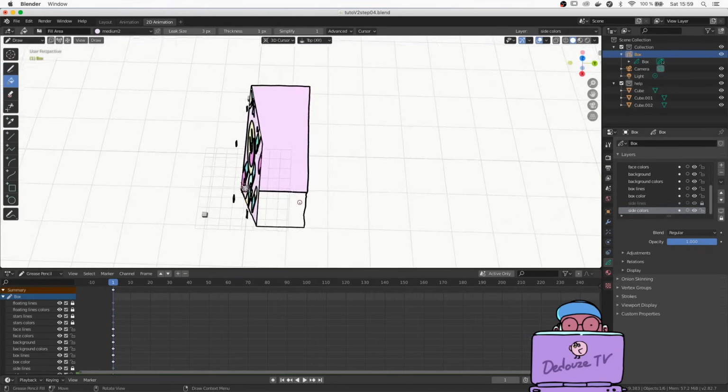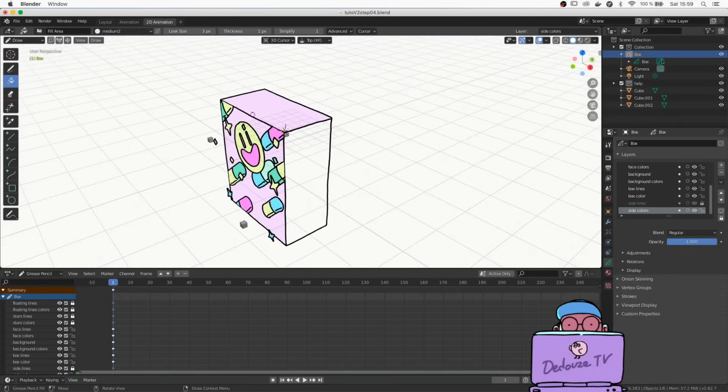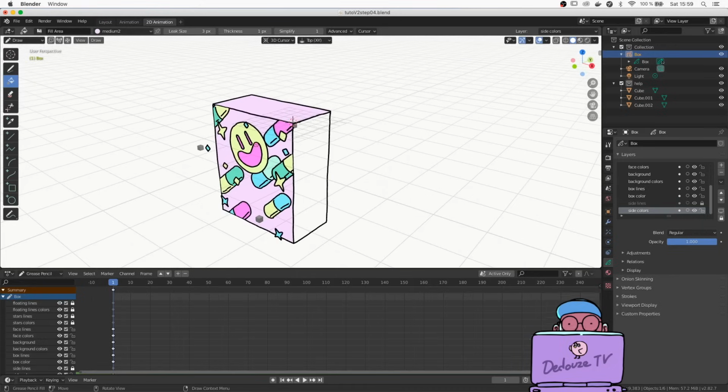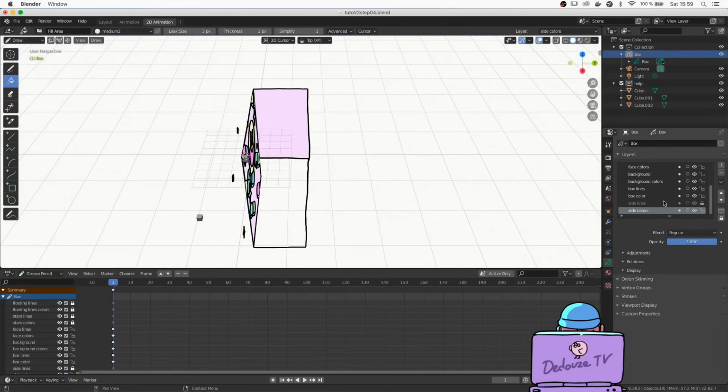Now some weird stuff. If you rotate to the back, you see the front drawing appearing over the top surface. Actually, for each grease pencil object, you can choose between two modes for the depth of the drawing lines. The first mode is like in the other 2D drawing softwares. The layers appear in the order of the list. So here, the layers of the top and side of the drawing are at the bottom of the list. That's why you can see the front drawing overlapping.